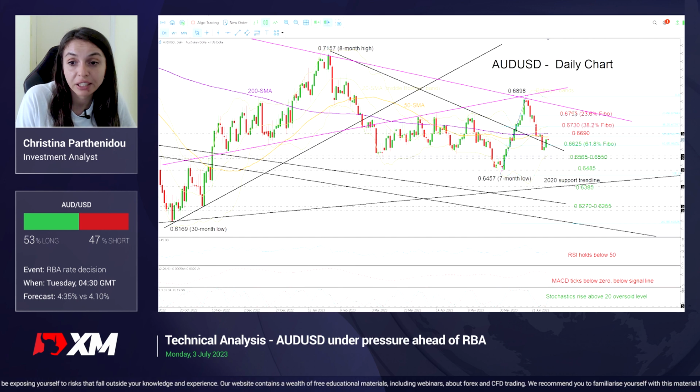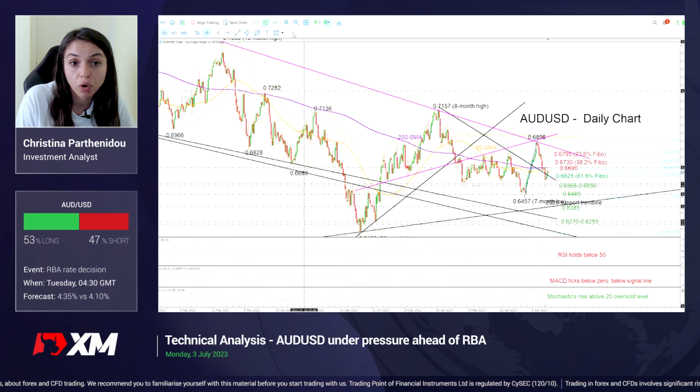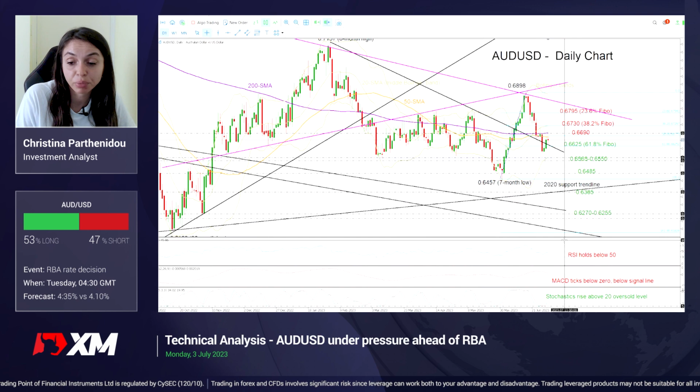There is another key crucial obstacle slightly higher around this long-term resistance line coming from the 0.7660 peak registered back in April 2022. We will need to overcome that border in order to become more confident that the recovery is more sustainable. From a technical perspective, the bias hasn't switched to the bullish side yet, although the stochastics are sloping upwards at the moment. The RSI and the MACD keep fluctuating within the bearish territory, so the pair could remain under pressure,